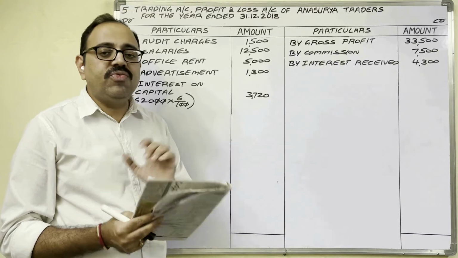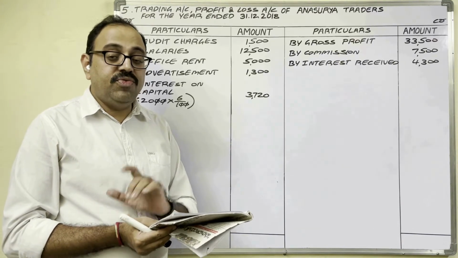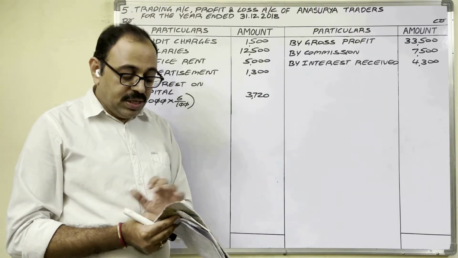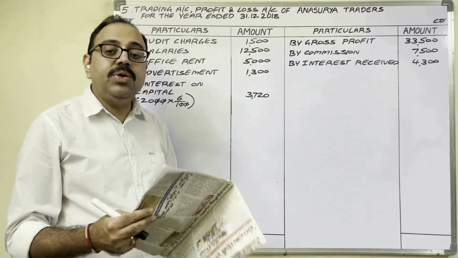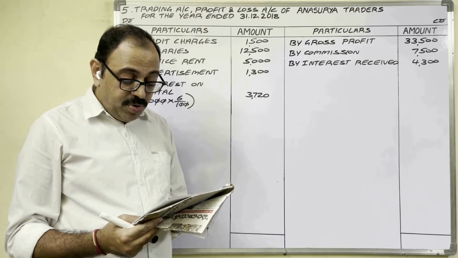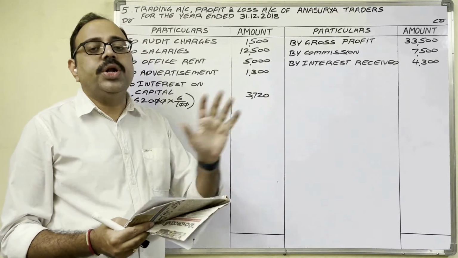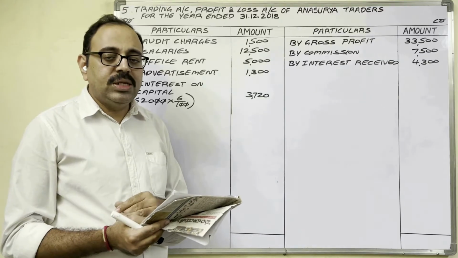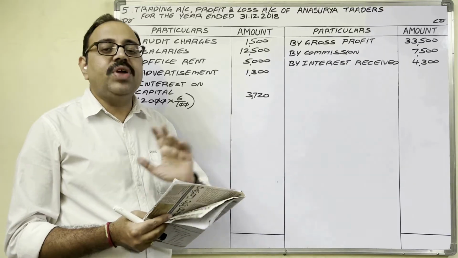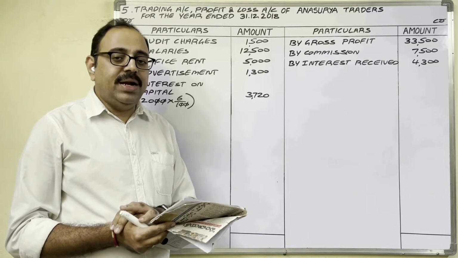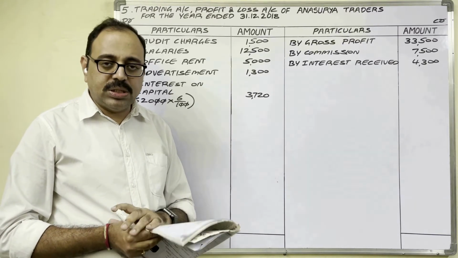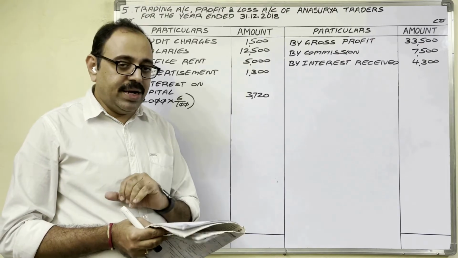So provision for doubtful debt means what? In the fourth problem I explained. That problem video link is also available in the description box. Here the debtors amount is 32,000 rupees. So in this 32,000 rupees, the bad debt amount is 2,000 now. So 2,000 is not going to come. They are liable to us. They have to pay money to us. So it is an asset. We have a 32,000 worth asset. Now bad debt means in that 32,000, 2,000 is not going to come. It is a loss. That loss is known as bad debt.